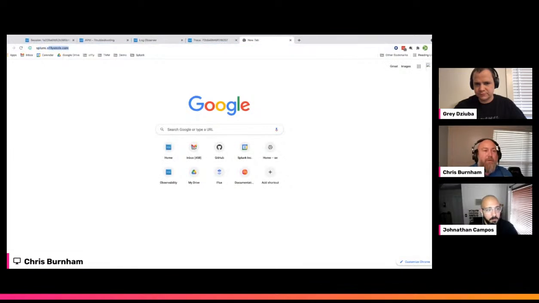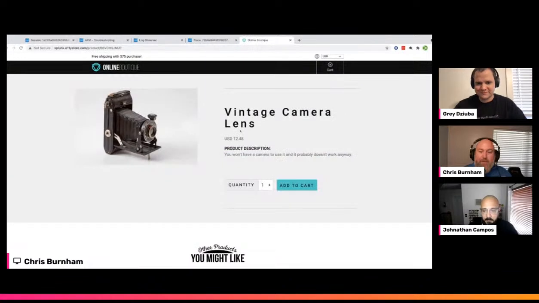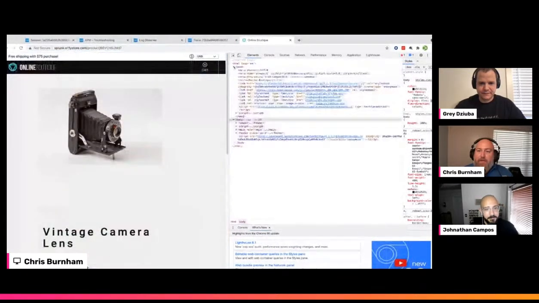Sure. So this was my fictional store that we were talking about. And my favorite item is the camera. Yep, so we get the camera for him. Sure. Now, if we go over here and take a look at the DevTools, if we look at the head of this document, there's a single line of text right here: script, source, and this is the JavaScript. That's all you have to do. That's all it takes to get all of that awesome RUM data right in.